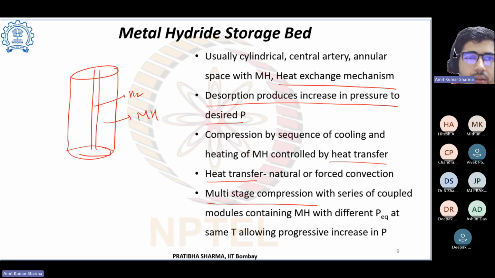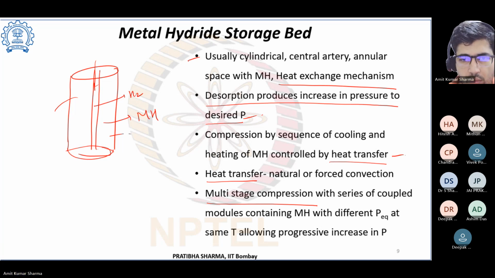Normally the metal hydride storage bed is cylindrical. There is a central space, a central artery, then there is an annular space. In this there will be hydrogen, the space with metal hydride, then a heat exchange mechanism. Desorption produces an increase in pressure to the desired pressure. The compression is by a sequence of cooling and heating of the metal hydride, controlled by heat transfer,